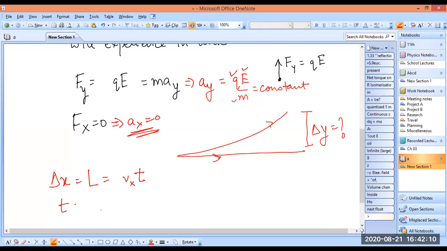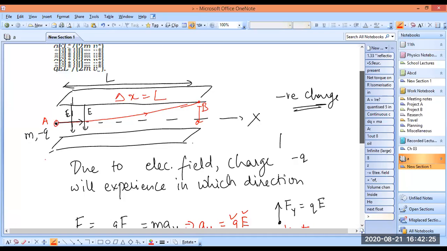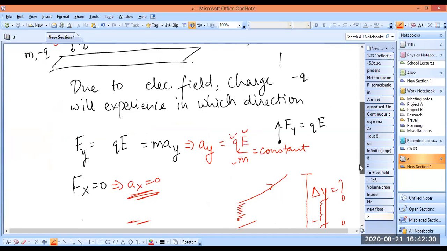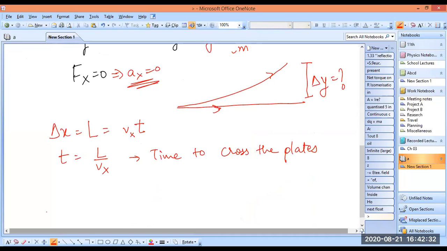So how much time will it take to cross? This is the time to cross the plates, to go from between the plates, right? So in this time, L upon Vx, this particle will move from A to B. It will take that much time, L by Vx. So finally,